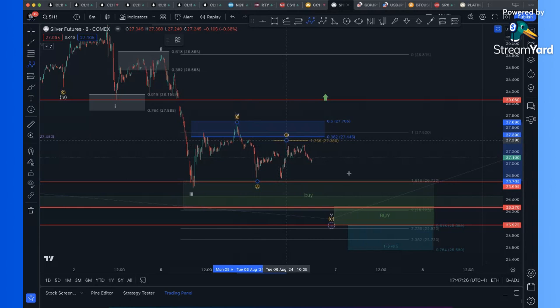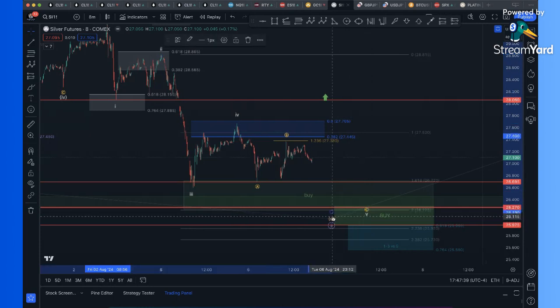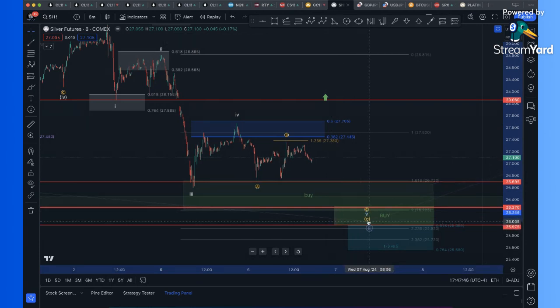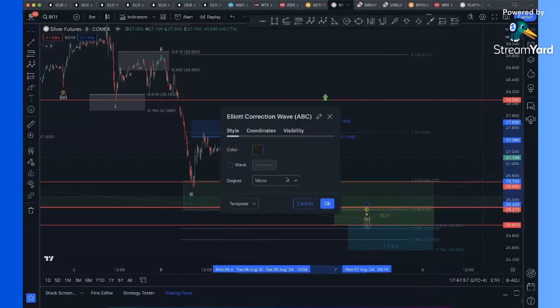A, B. I can already see this timing wise, this would have to come over. Let's just move these over and imagine what might, maybe it's going to finally sell off in the overnight or finally break out in the overnight. My preference is to see the Europe session or the Asia session sell off, preferably the Euro session. And I'm going to change the degree of this